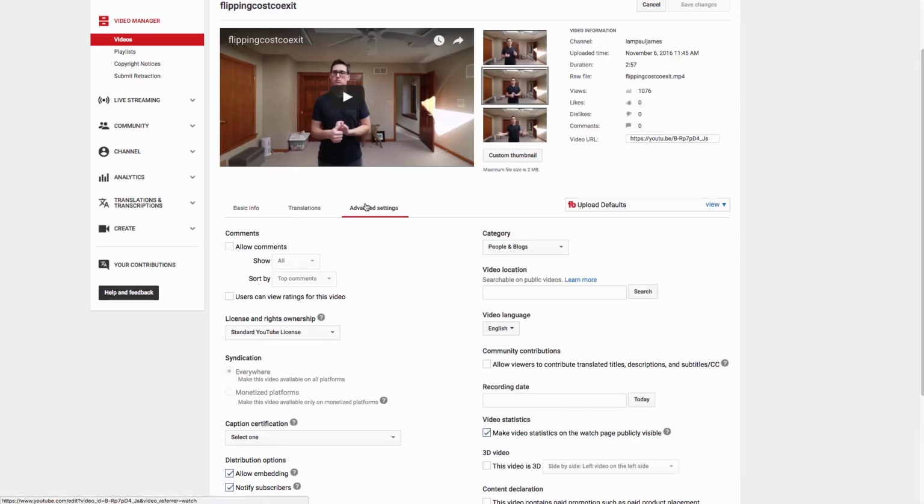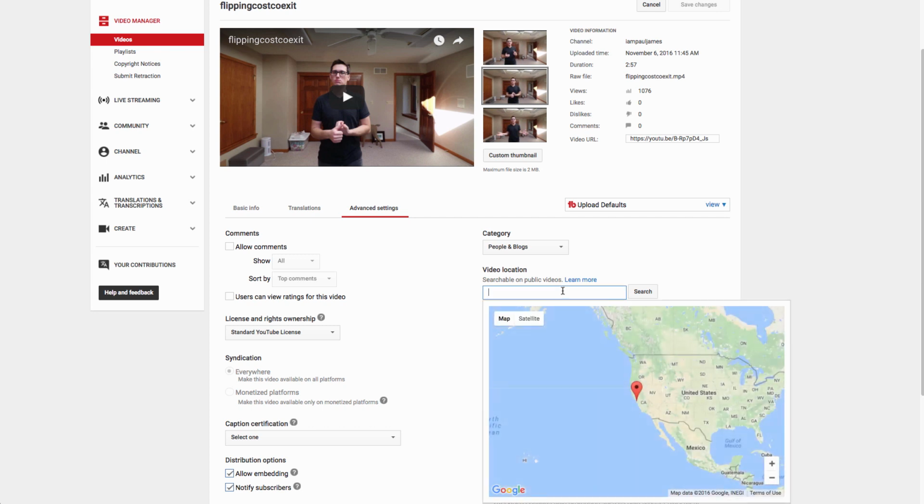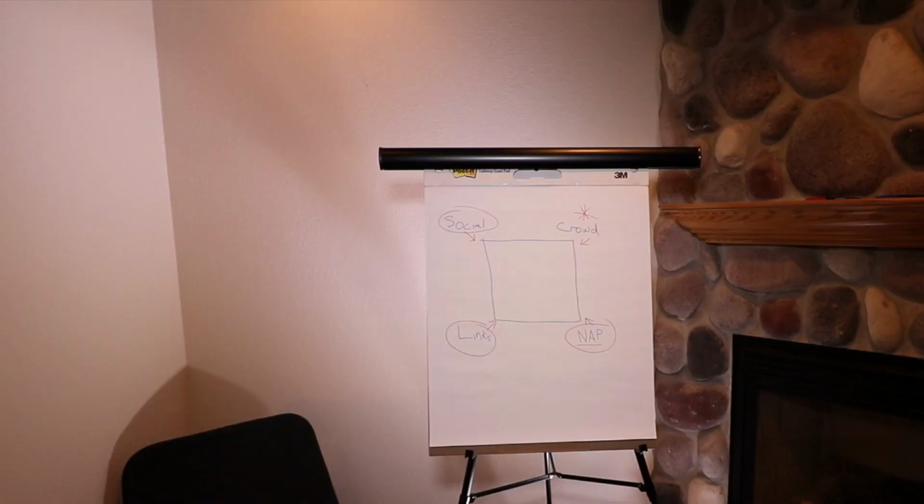And also in YouTube videos, if you didn't know this, you can go into the description of the video and hit edit, and there's a spot inside of YouTube where you can geotag your location. So you can put your location inside of that geolocation and geotag the video itself too. It's a very powerful strategy, and it's one of the easiest strategies that, if you're on a low budget or just starting off, you can take advantage of right away.